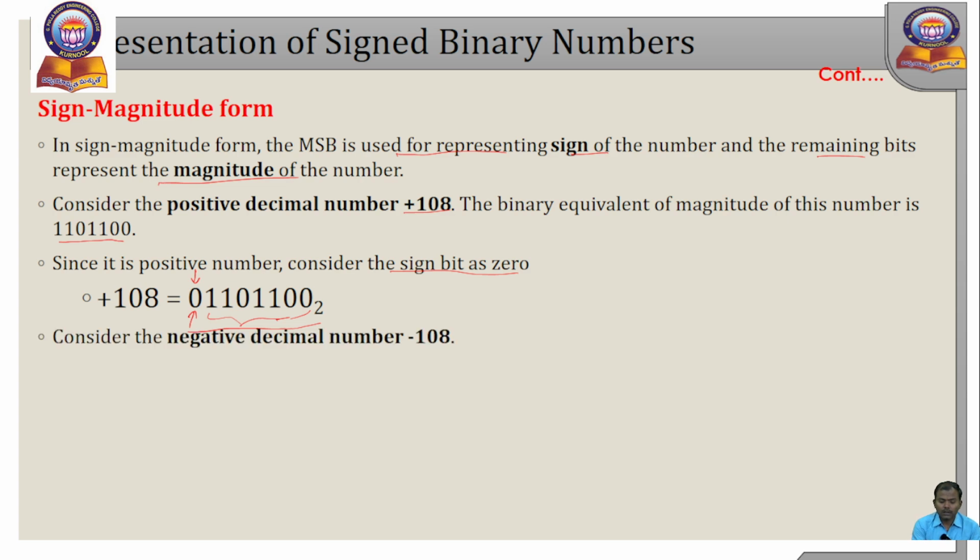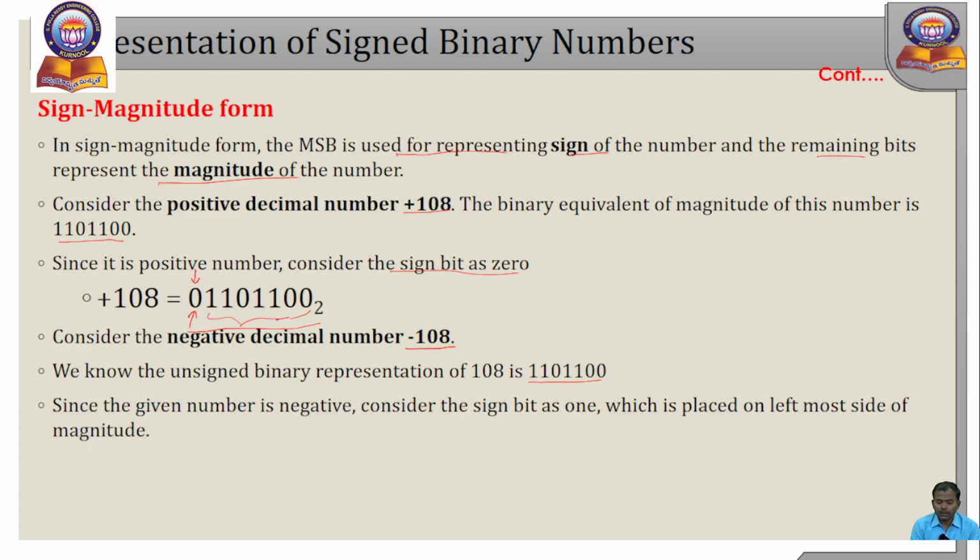So consider a negative decimal number, that is minus 108. We know the unsigned binary representation is the same, that is 1101100. Since it is a negative number, consider the sign bit as 1, which is placed at the leftmost side of the magnitude like this. So this is the sign bit and all these other bits are